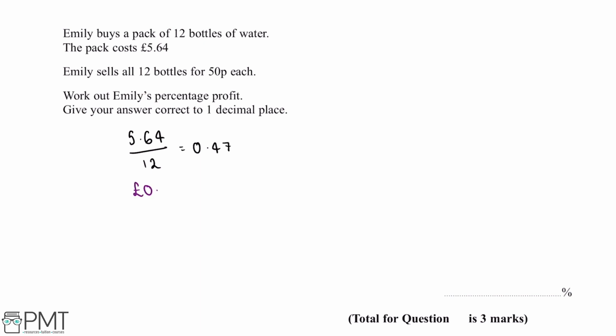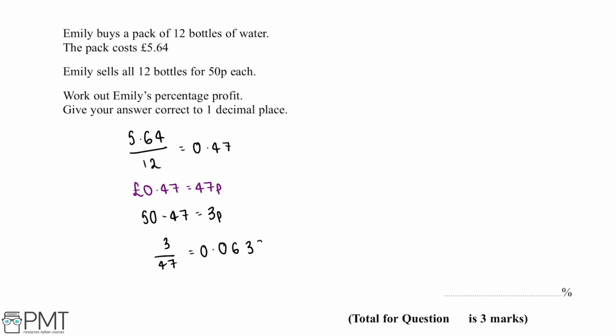Now £0.47 is equal to 47p. So if she sells her water bottles for 50p and she bought them for 47p, then this means that her profit on each water bottle was 3 pence. So in order to work out Emily's percentage profit, we can do the amount of profit she made from each water bottle divided by the original cost of the water bottle, which is 3 divided by 47. And this will give us an answer of